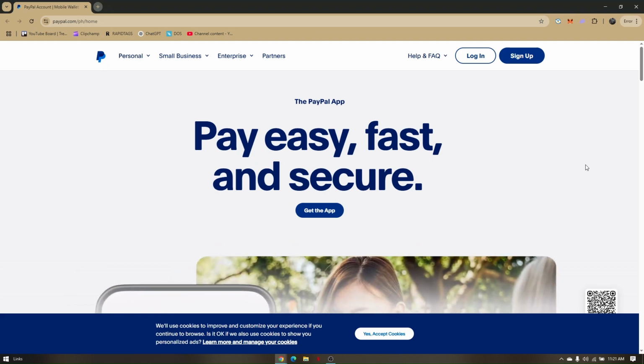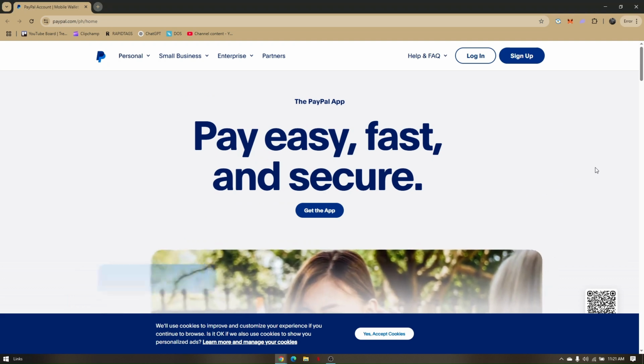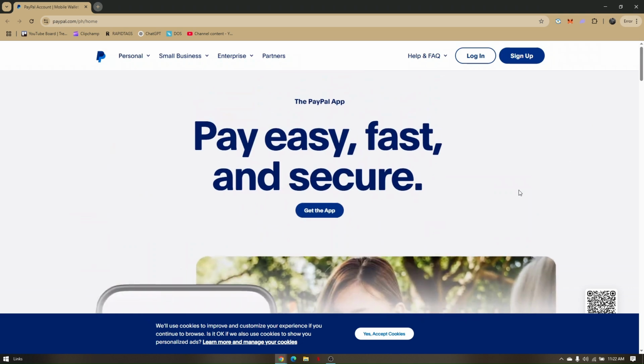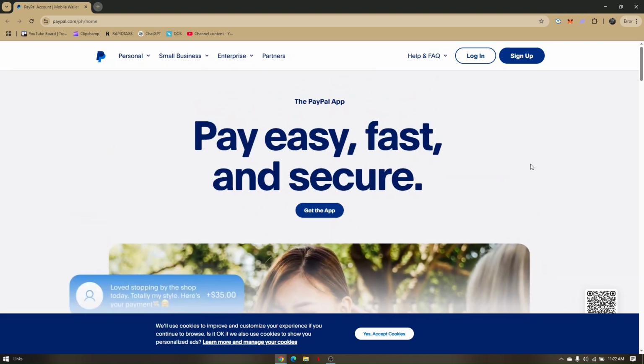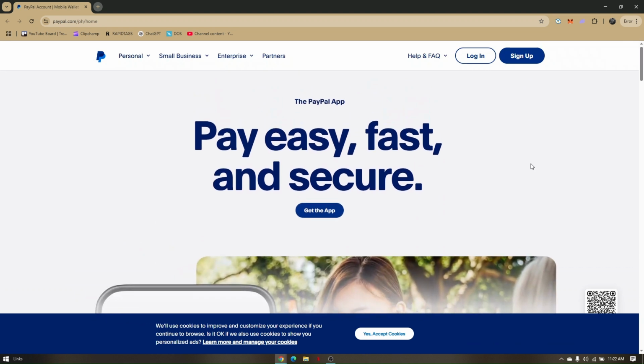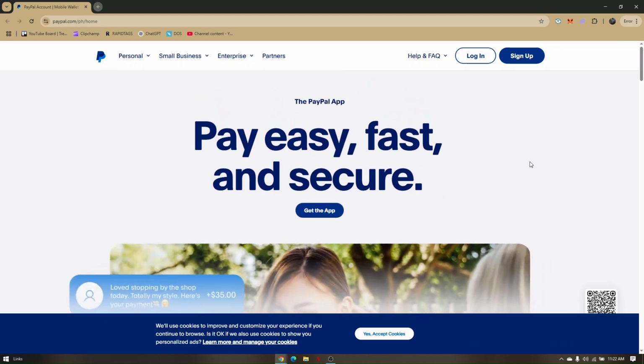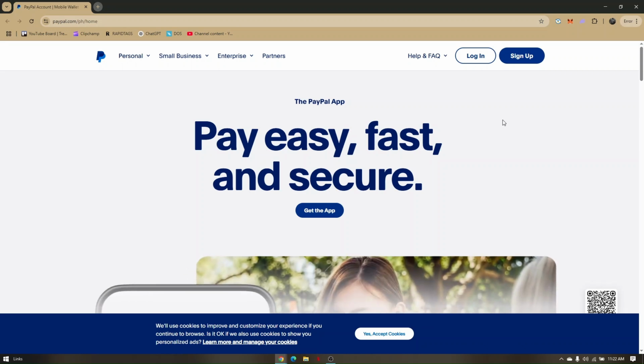How to transfer money from PayPal to Capitec Bank. Now, this specific method or process is a very easy way to do it. First things first, you'll have to decide whether you'll be using their platform on their official website or